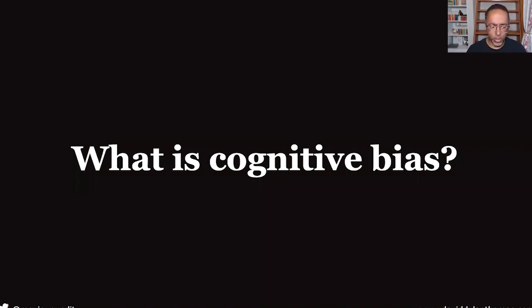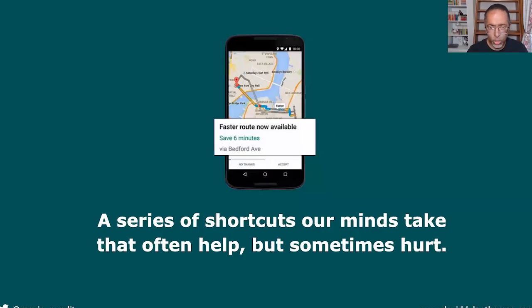So let's start with the basics. What is cognitive bias? And at the end of the day, it's really just a series of shortcuts your mind is taking just to get through the day. We have to make something like 1 trillion decisions every single day. Even right now, I'm making decisions about where to look, what to do with my hands, how fast to talk. And if I thought carefully about every single one of these decisions, I'd never get anything done.